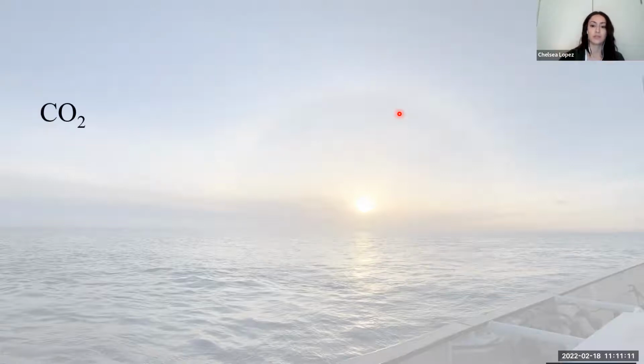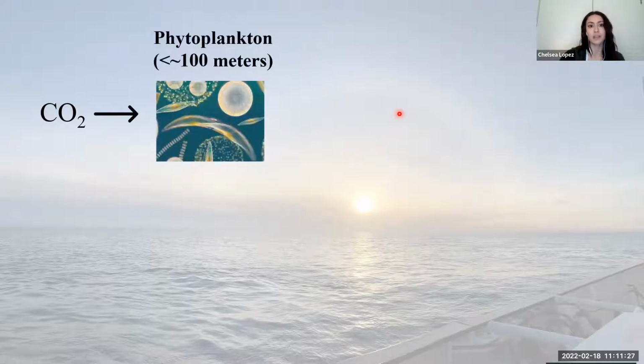So just a quick overview of the biological pump and how carbon makes it to depth. I know most of you probably know this already, but for any of you that don't: CO2 goes into the ocean from what we've emitted, and it's there in the surface layer. And then the phytoplankton take that up and produce oxygen, and they are constrained to the upper 100 meters roughly, in the mixed layer, which is the top layer in which the water can mix freely, above the stratified water.